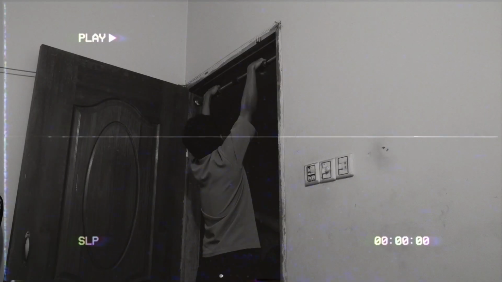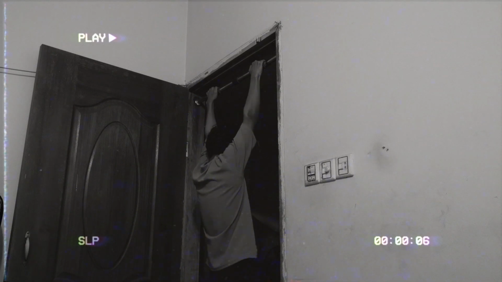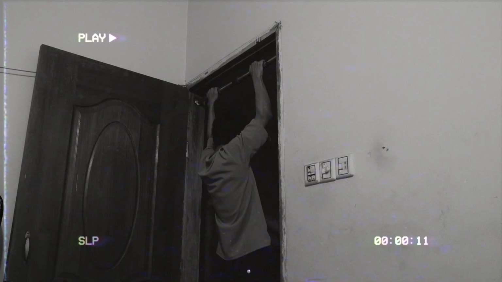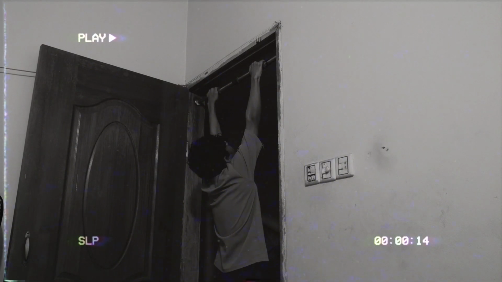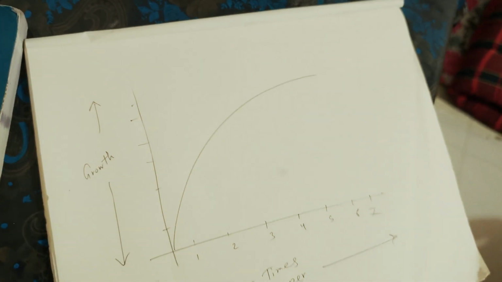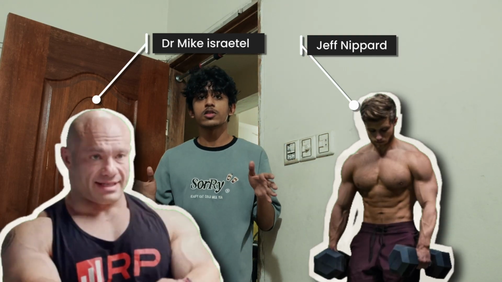Now the problem is everybody gets motivated and starts from scratch to boost their exercise, and your body has to handle it. So we have to carry it little by little. Let's talk about how much exercise I should be doing. If you see the curve, I take a reference from a podcast of Dr. Mike. You can also follow him, great guy. You can also follow Jeff Nippard, he is also a perfect guy to follow to learn about exercise and things. Let's talk about the curve.